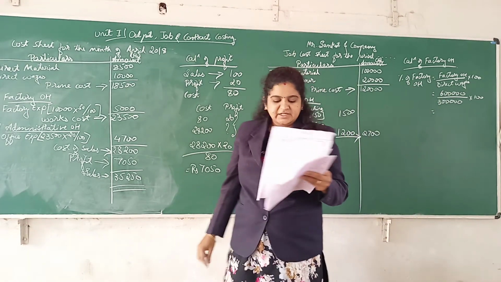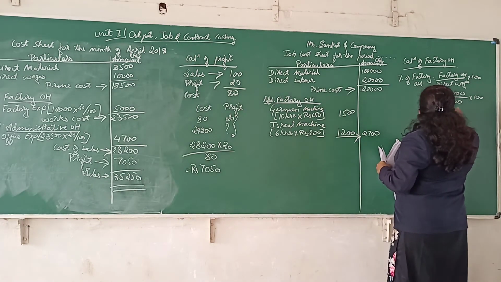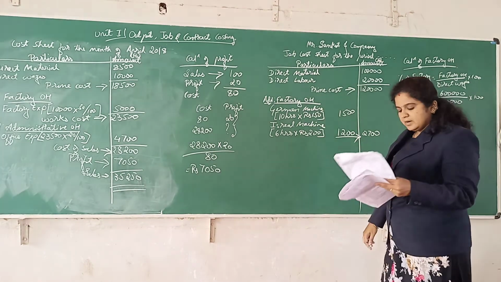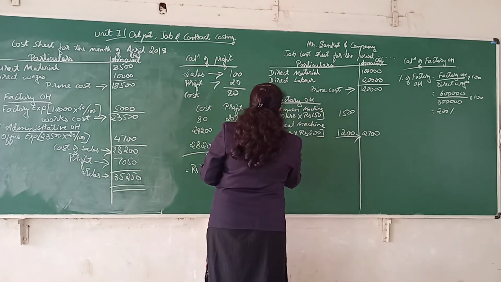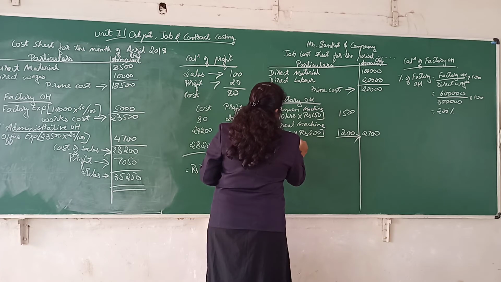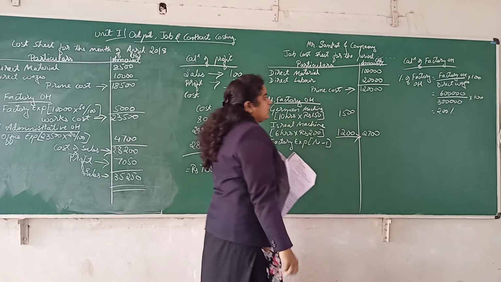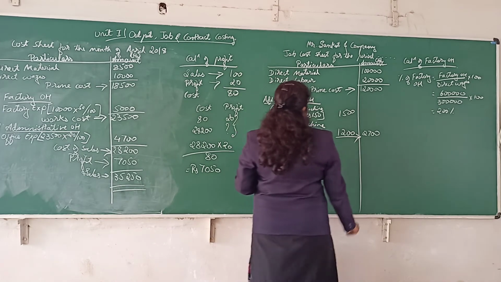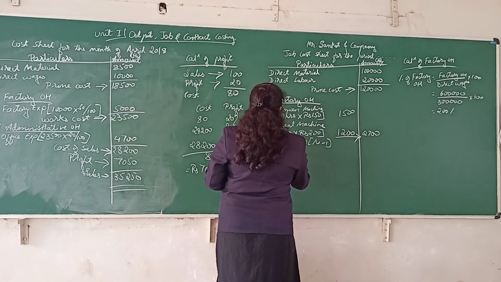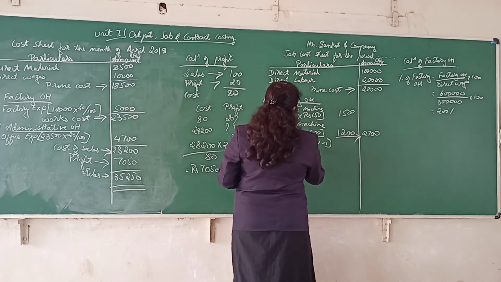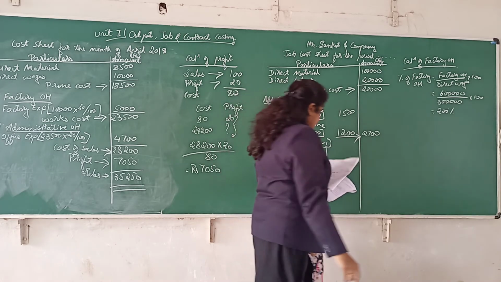Find out the percentage, that is 200%. Okay, so here factory expenses in bracket note number 1, 200% on direct wages. So direct wages is 20,000 into 200%. So that is